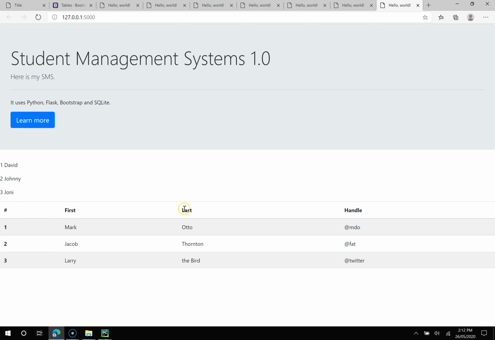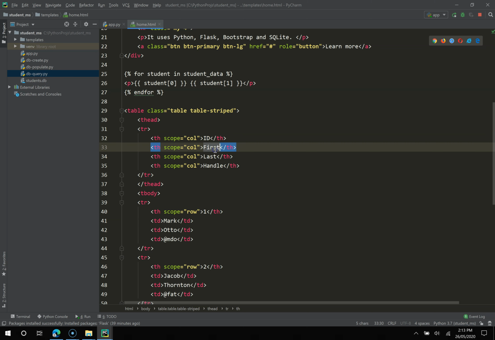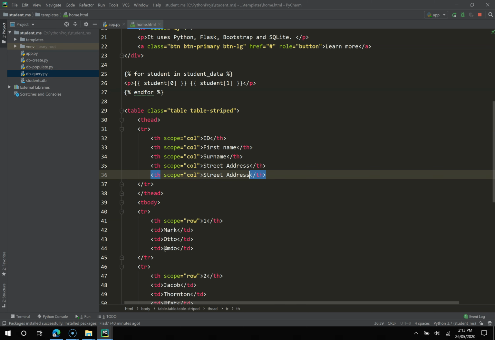This will need to be first name, surname, and I'll need another one here for what other data did I have? I must have had first name, surname, street address, and suburb. So I'm going to say ID. I'm going to make that first name. I'm going to make this surname. I'm going to make this street address, and I'm going to duplicate the line. If you're using PyCharm, you can do that with Control D, and then I'm going to create a suburb. And now when I hit stop and play,